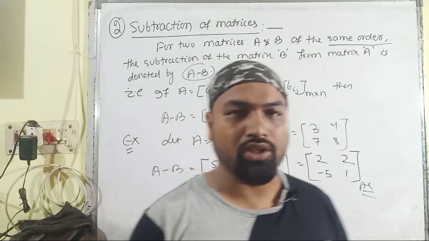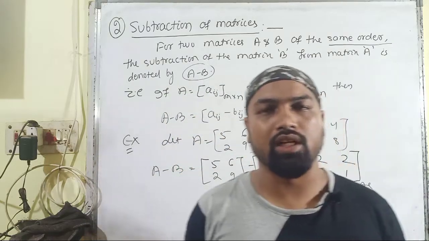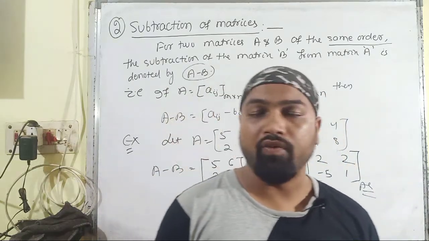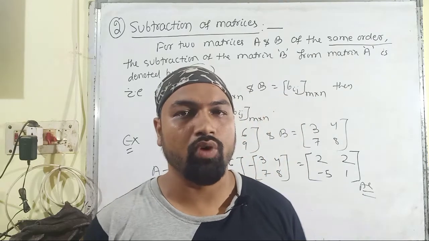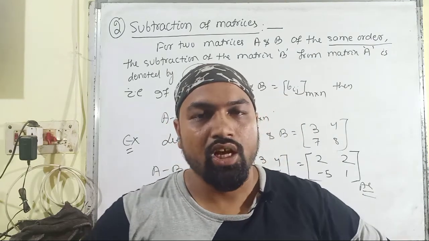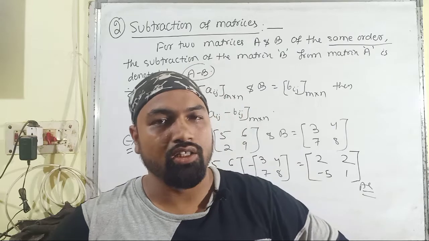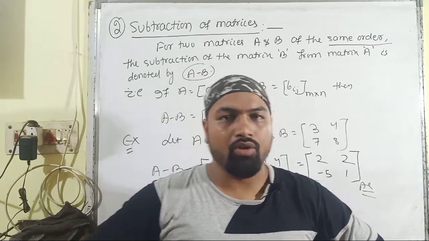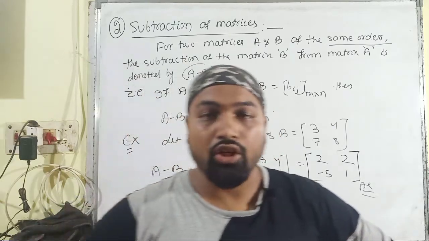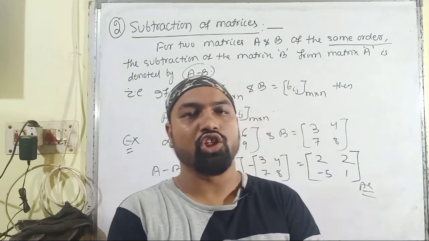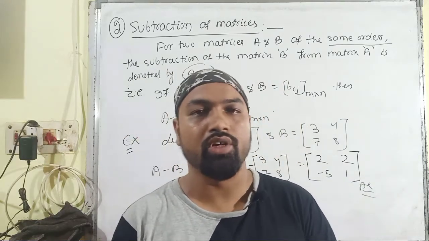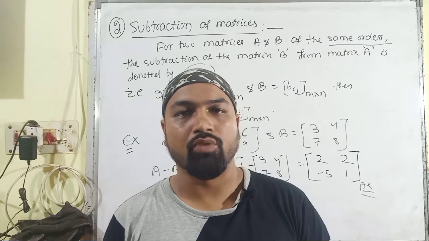So today we have discussed comparable matrices, and then we have seen the 4 different types of operations on matrices. The first one is addition of matrices as well as the properties of matrix addition, and then we discussed the subtraction of two matrices, and the remaining operations are scalar multiplication and matrix multiplication, which will be discussed in the next part of the video session.